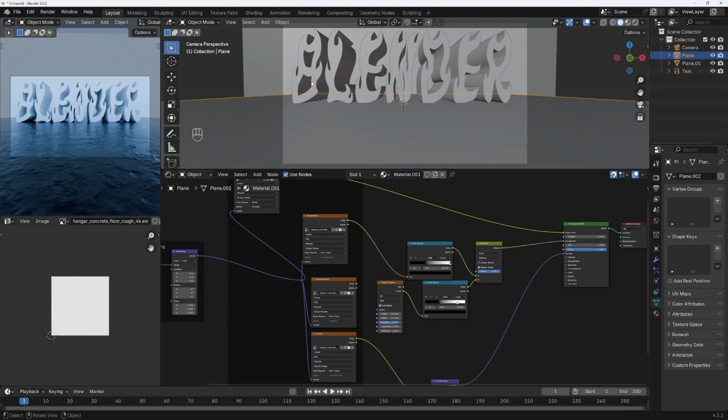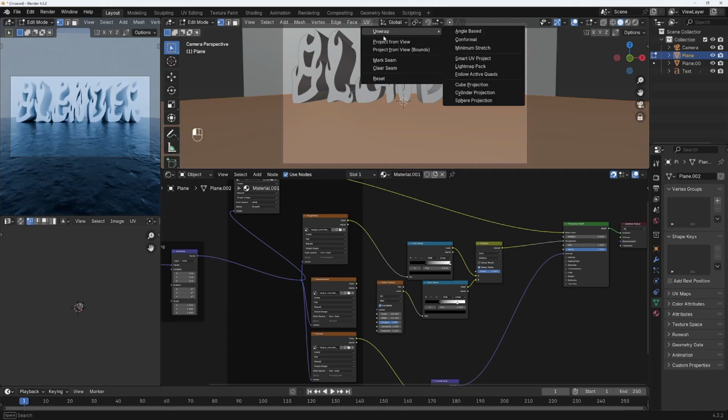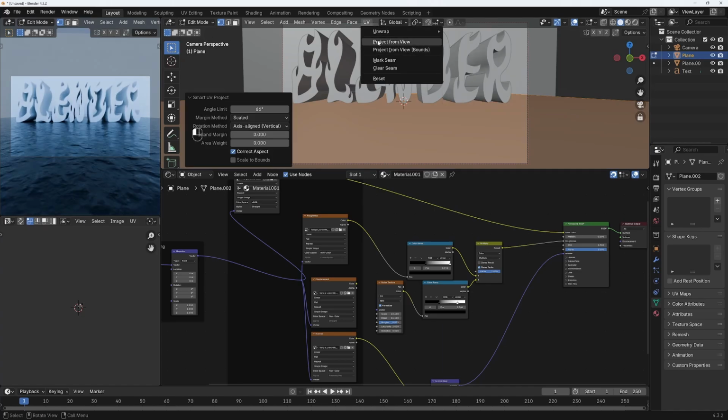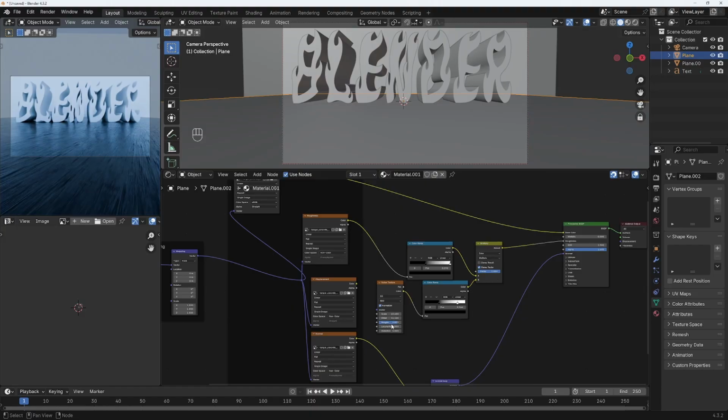Maybe a texture, I select this and I go back here in UV and I select, so I make it like this and I go back here. Okay, now I select